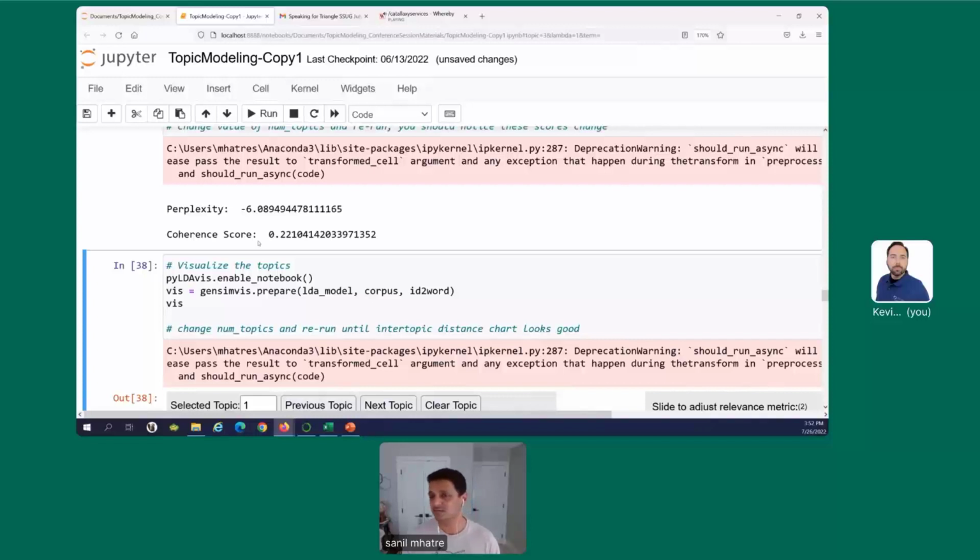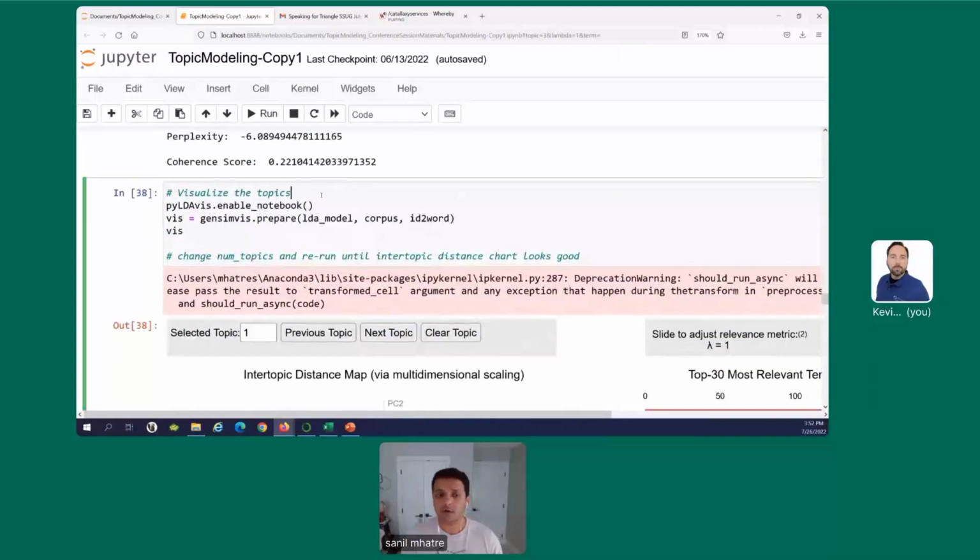Is this good? Is this bad? We don't know yet because we don't really have a baseline to compare against. So we'll put a pin in this. We will make a note, and I'll make a note on your behalf, and we will revisit these scores as we iterate through the model training exercise.